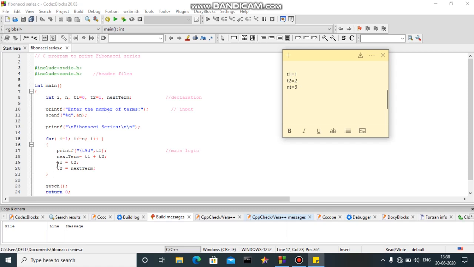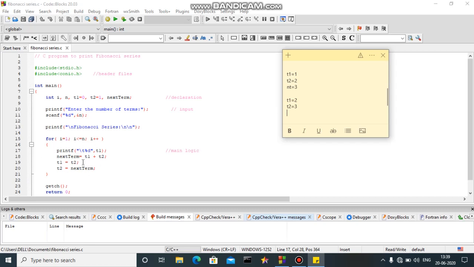Again assigning the values, t1 is equals to t2, that is t1 is equals to value of current t2, that is 2. Assigning the value of t2, that is current value of next term, which will be 3. Now this initialization is completed for this iteration.